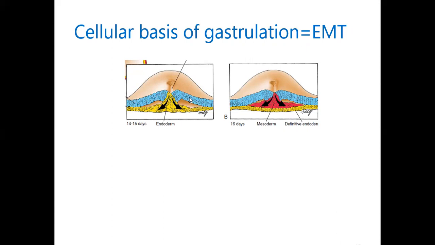They will become flask shaped, delaminate, and start migrating inside, forming a loosely interwoven structure known as mesenchyme. This epithelial to mesenchymal transformation leads to the formation of definitive endoderm and finally